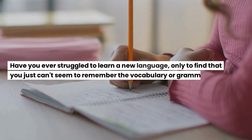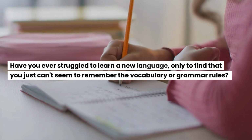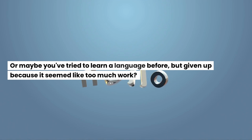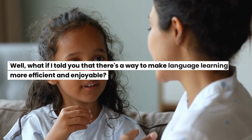Have you ever struggled to learn a new language, only to find that you just can't seem to remember the vocabulary or grammar rules? Or maybe you've tried to learn a language before, but given up because it seemed like too much work? Well, what if I told you that there's a way to make language learning more efficient and